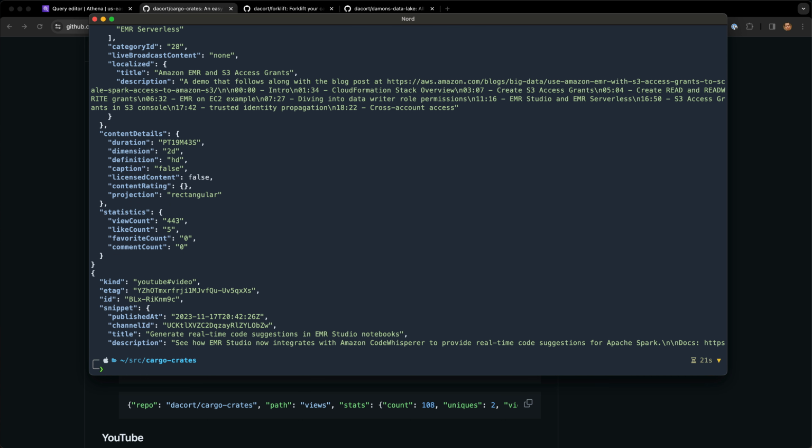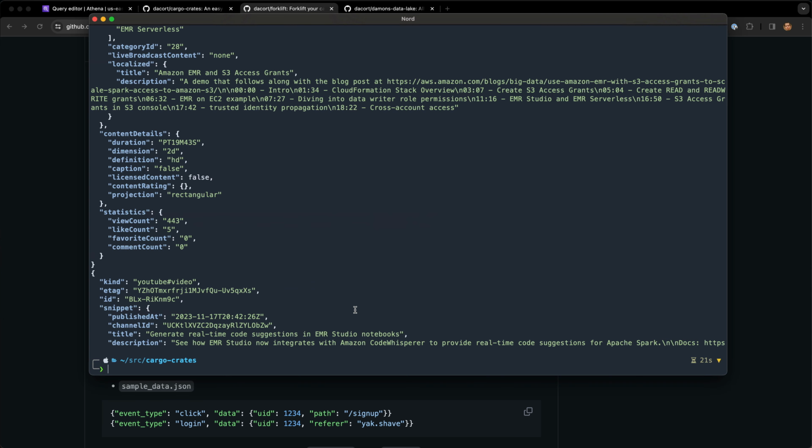So I built another little utility called Forklift. I was kind of going a little crazy with the names here, but you can forklift your cargo into different places. What Forklift does is it allows you to take standard out and pass it to a location in S3. You can also extract different pieces of information from the data. It supports JSON, so if there is a field that you want to pull out and have as part of your path in S3, you can do that. And it's got some template fields too, so if you wanted to write it out to today's date, you could do that as well. Let's take a quick look at what that looks like.